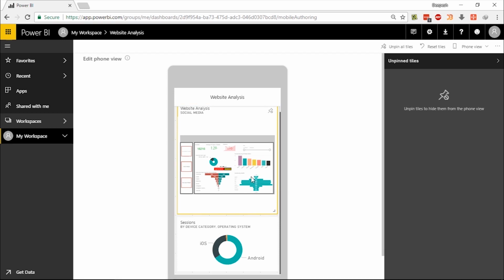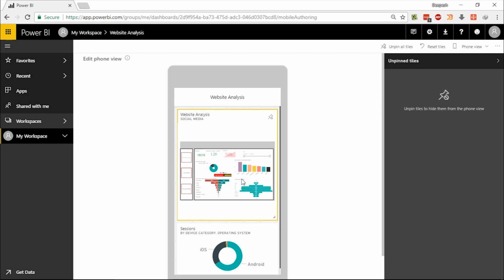As of now, if I see my particular report in any Android or iOS phone, it will look like this. Why? Because we have pinned the whole page in our dashboard, so everything is coming all together. We have pinned this particular visual differently to our dashboard, so it is coming in a different way, while this whole page is shown whole together because we have pinned the live page.